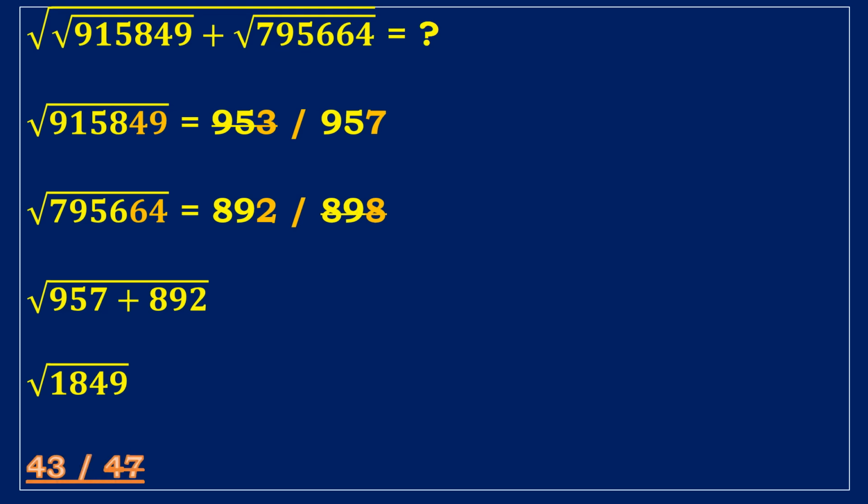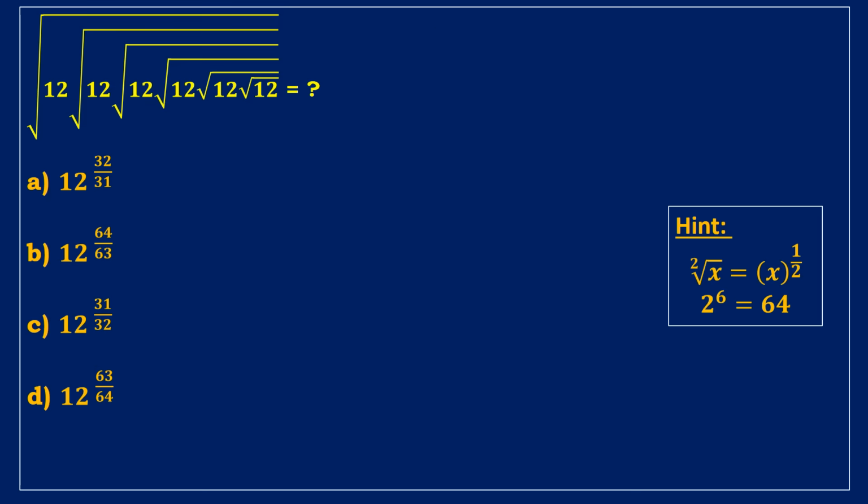Next, consider the nested radical function. How to simplify the square root of 12, under the square root of 12, under the square root of 12, under the square root of 12, under the square root of 12, under the square root of 12? There is a really interesting math trick behind it. We know that